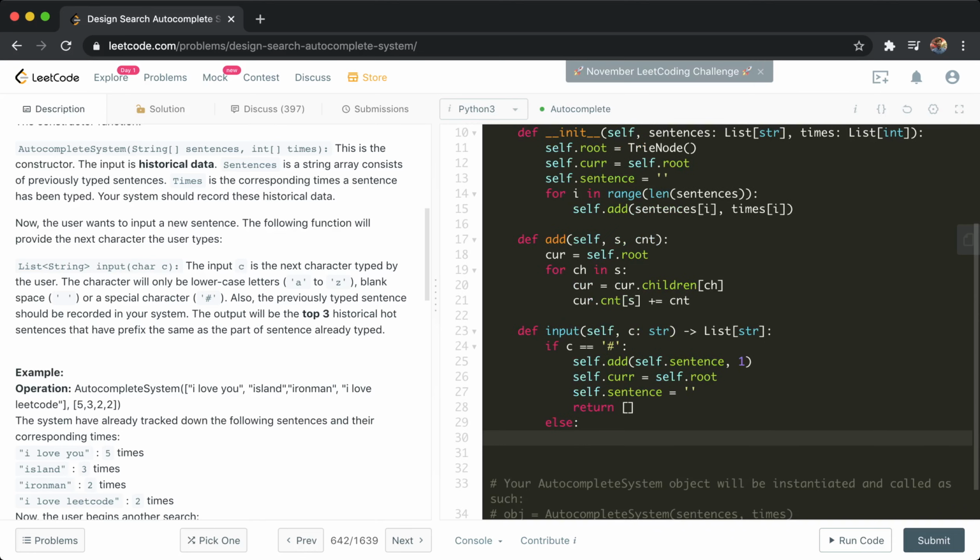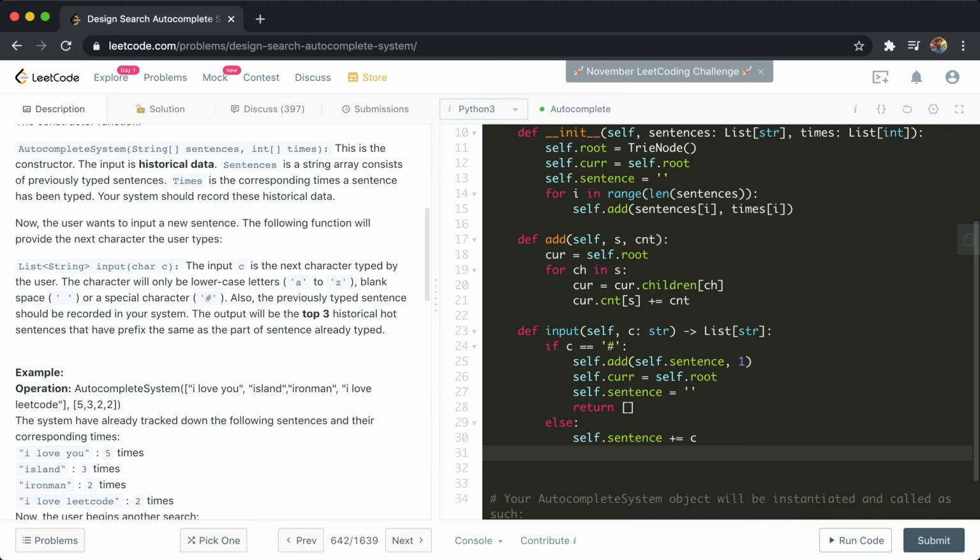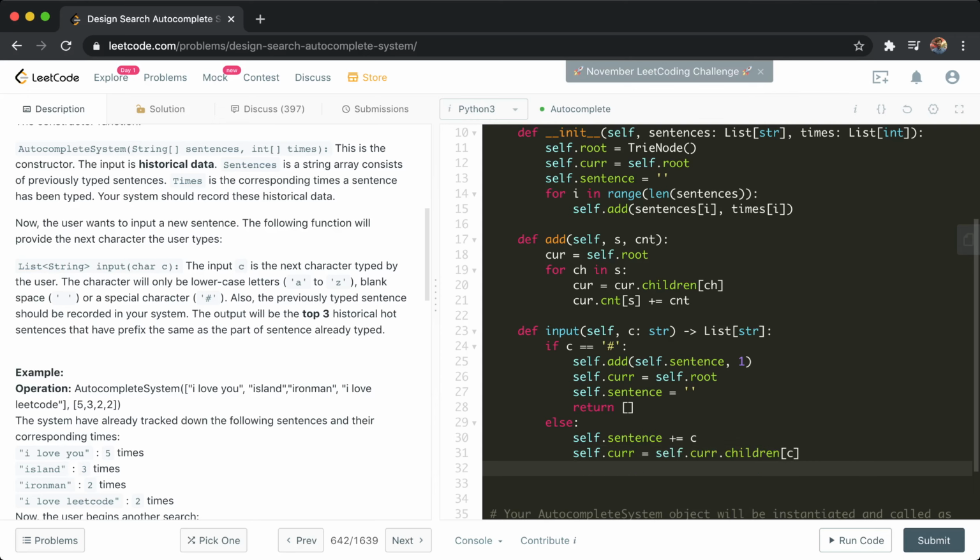Else, that means we are entering a valid input. So first and foremost thing is we need to increment the sentence, that is a buffer, the buffer we are keeping, that is how much has been typed till now, right? So that is the value, appending that with c, the current character. Okay, so we need to go to cur, one level down. So self.cur.children of c, obviously. So we are going one level down, and